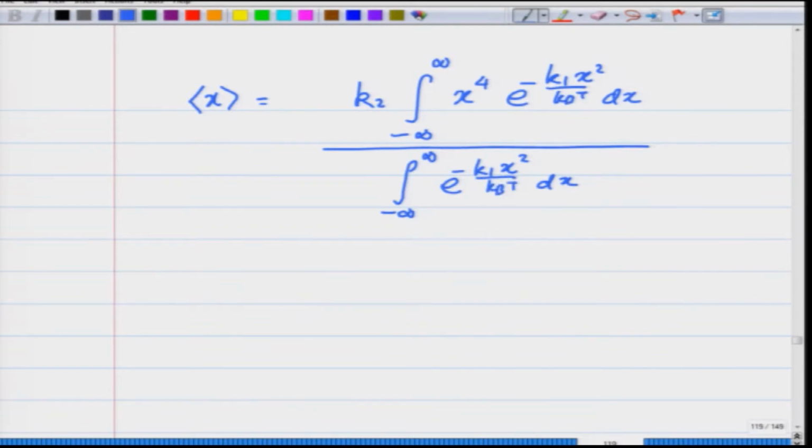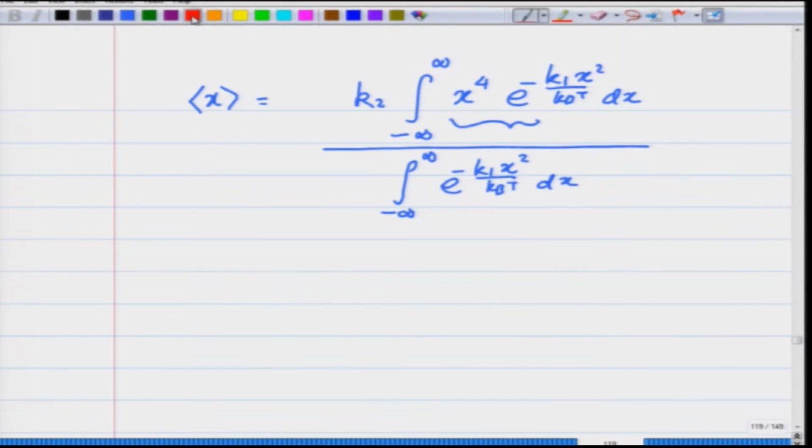And you can see that x is now increasing. This number is non-zero. So, if I include this x cube term, x is increasing as temperature goes up, because as temperature goes up, this term becomes smaller and smaller, and therefore this integral becomes larger and larger. In fact,